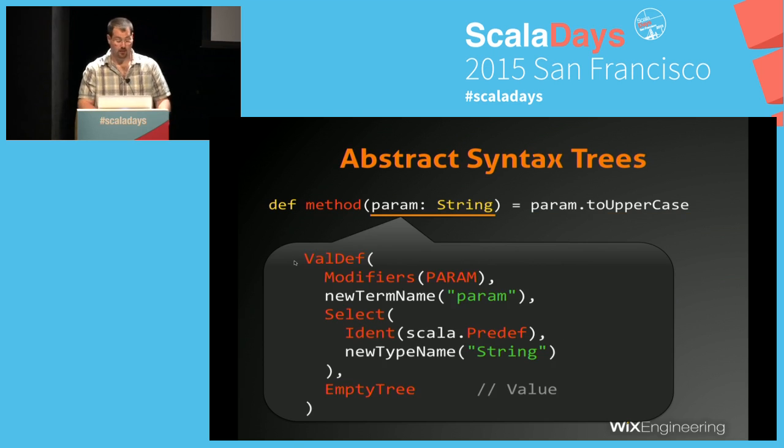Different parts of the same expression are the actual definition, the formal definition of a parameter that has its own tree. Okay, so that's a value def. And a value def gets a set of modifiers, which could be visibility modifiers. You could say that it's private or protected or whatnot. It does not make sense in the context of a method parameter, but it's really the same tree node type